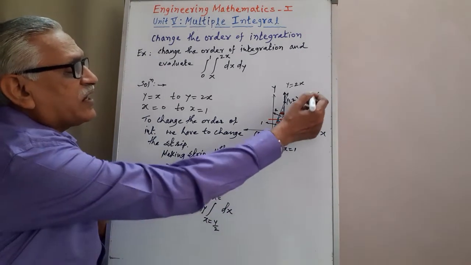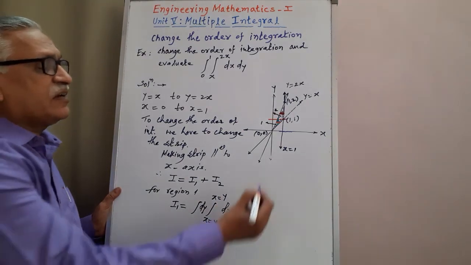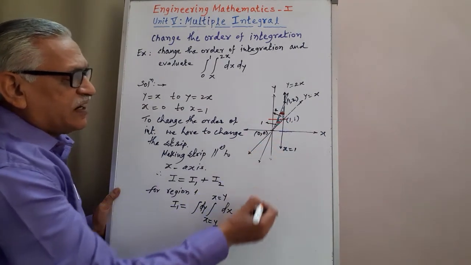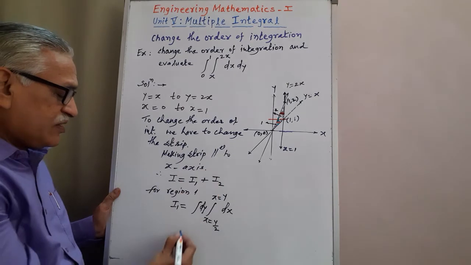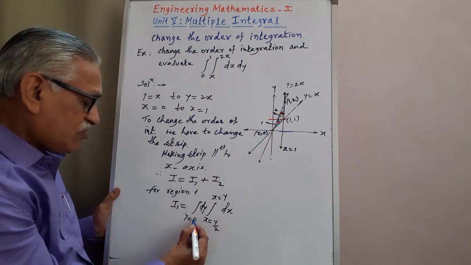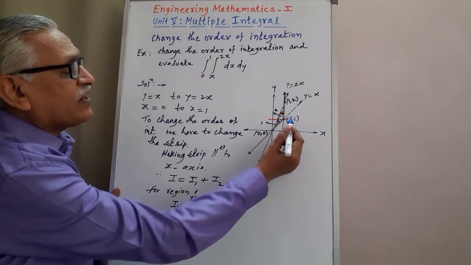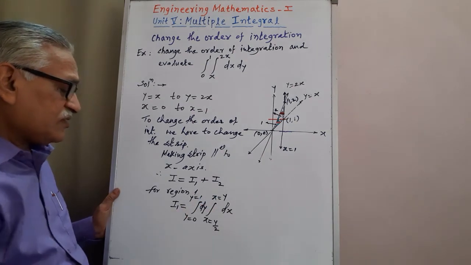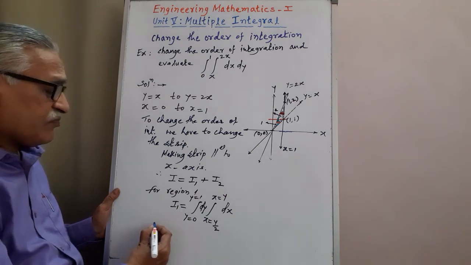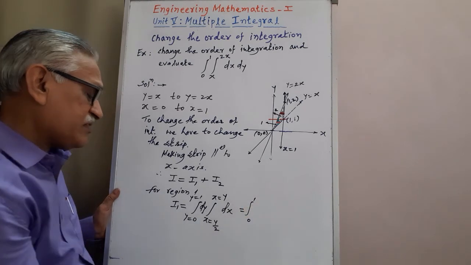Upper end lies on the line y equals x, means x is equal to y. Then, moving that strip from where the region starts to where the region ends, we move it in the upward direction for y equal to 0, at this point y is 0, to y equal to 1. Okay, and therefore it is equal to the integral from 0 to 1 as it is.